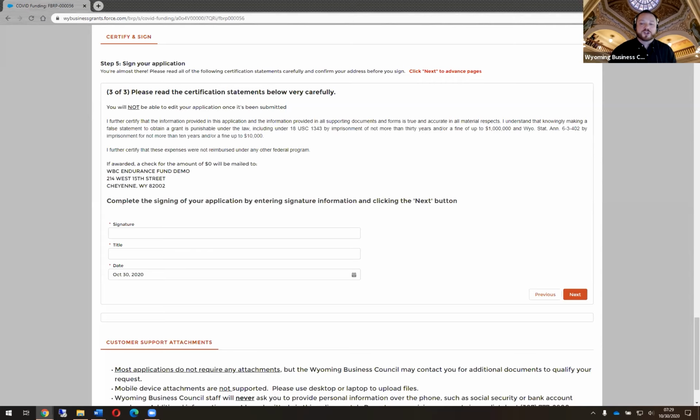If everything appears correct, type in your name and title, then click Next. You will see a confirmation screen showing the date and time your application was submitted, as well as an application reference number. You may want to print or save this page for your records. This information will also be sent to the email address provided in your application for future reference. Please look for email from